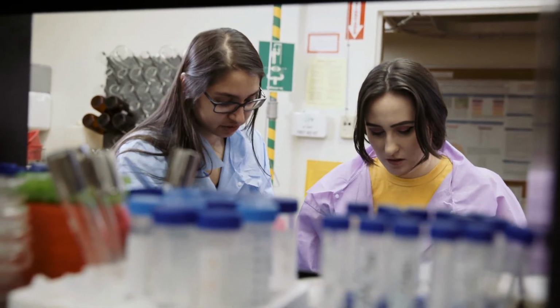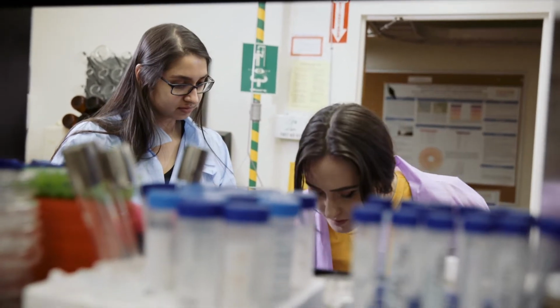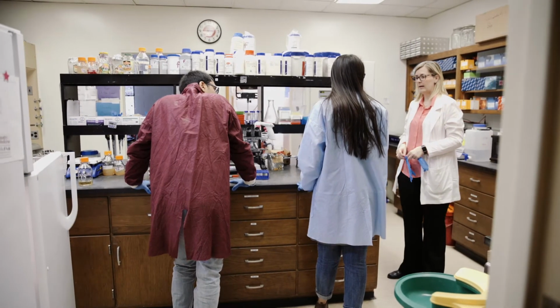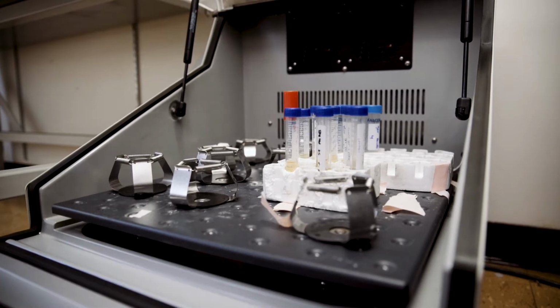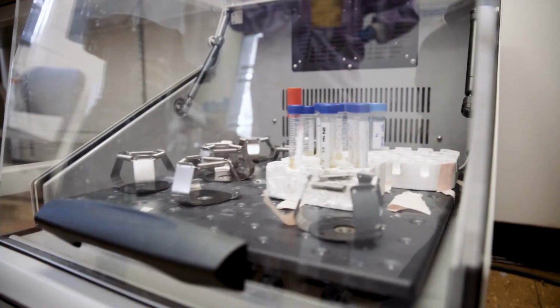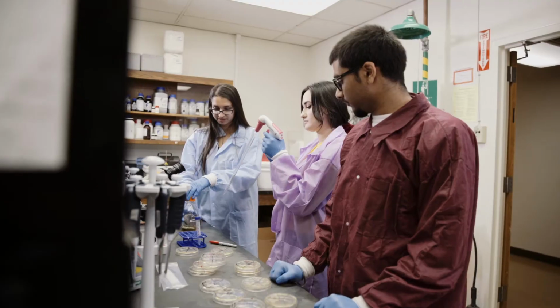Alongside doing the wet work in the lab, which is the stuff working on the bench with the actual bacteria, we were able to do whole genome sequencing, where we send in our samples and get back an actual DNA code from our resistant isolates. So hopefully by identifying genes with these mutations, we can help create targets for other researchers to make better therapies